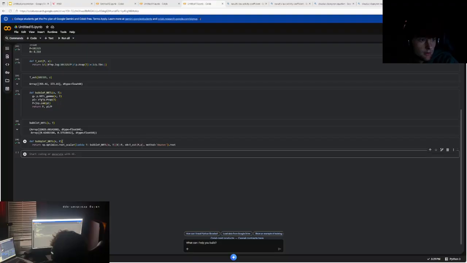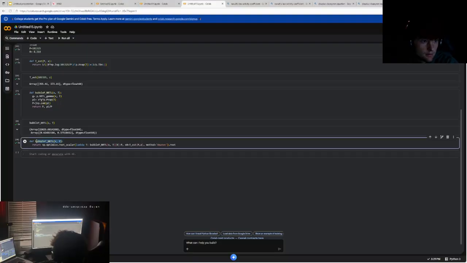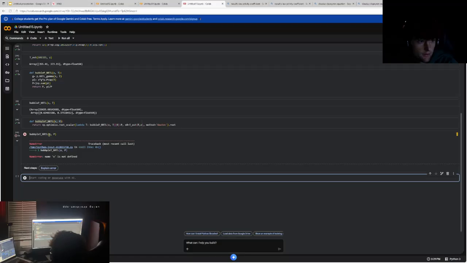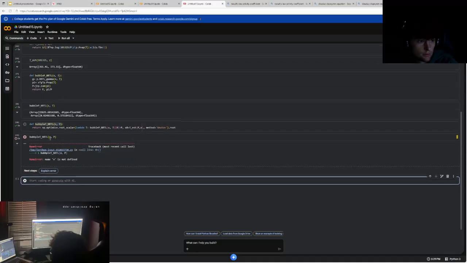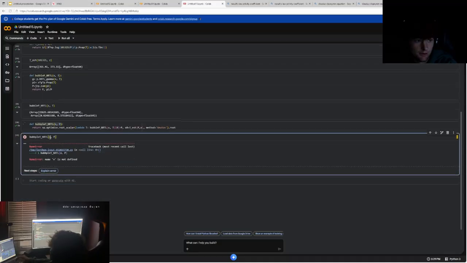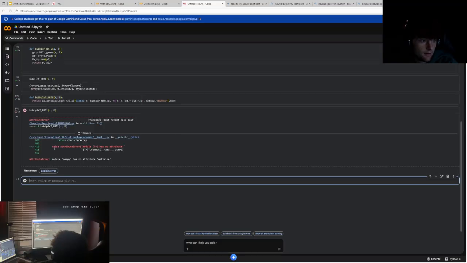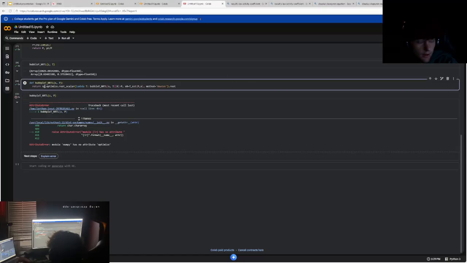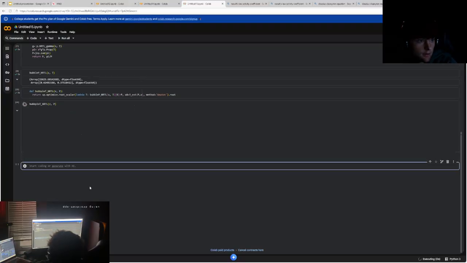So we just basically take this, Control C, Control V, shift enter. X is not defined. Oh wait, we don't want this. We want this to be our Z. And then module numpy has no attribute optimize. I typed that in wrong. Okay, I think this should be SP. Maybe it's not an MP. Shift enter. It's a different